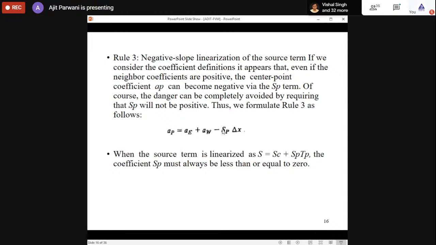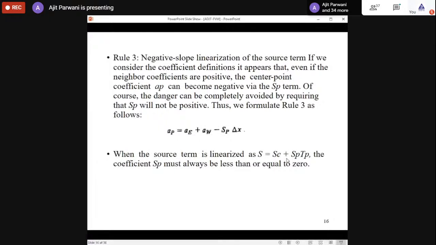So is it in our hand to have the SP value be negative? Yes, we have to discretize in this way. If S depends on the temperature with a positive coefficient, then we have to do something so that we take the SP value as negative. What we will do, I will discuss later on. But in most practical situations, SP is mainly negative, so there is nothing to do.